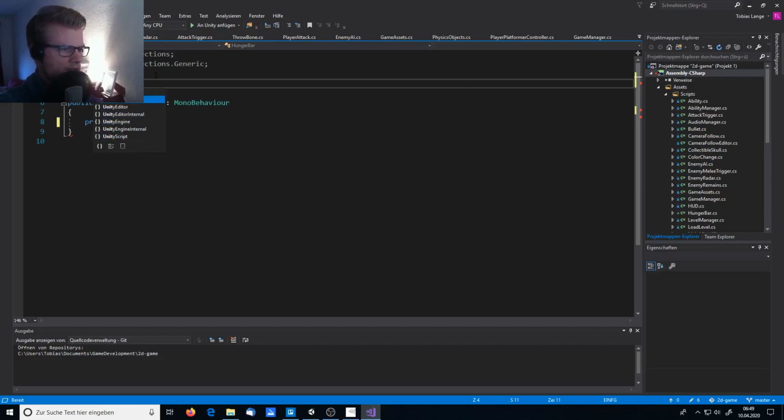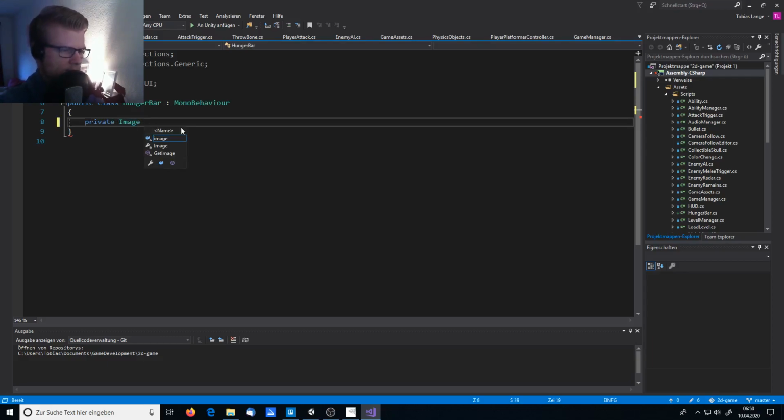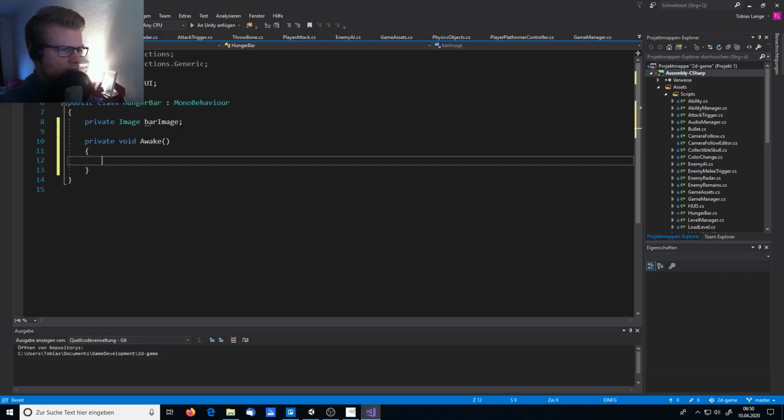It is UnityEngine, dot UI. There we go. Private Image, and I will call it barImage. And then private void Awake, barImage equals